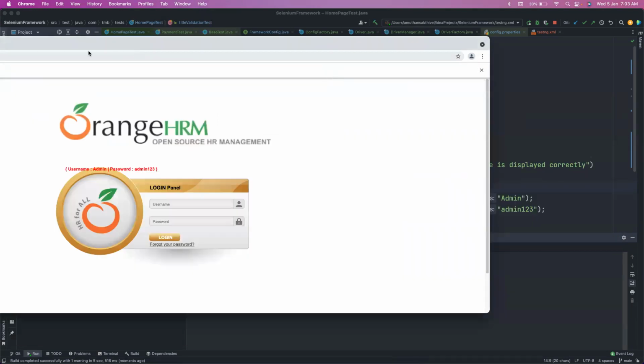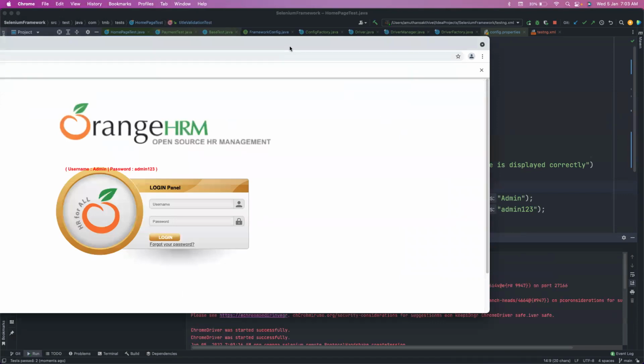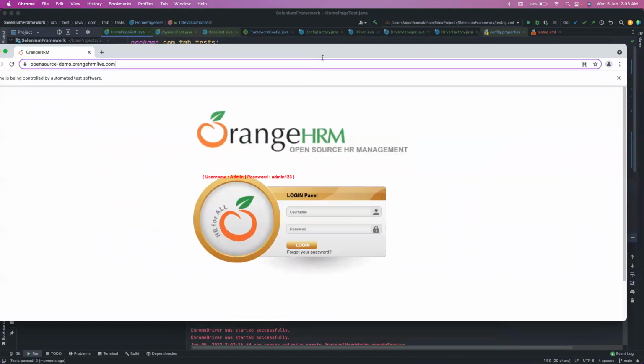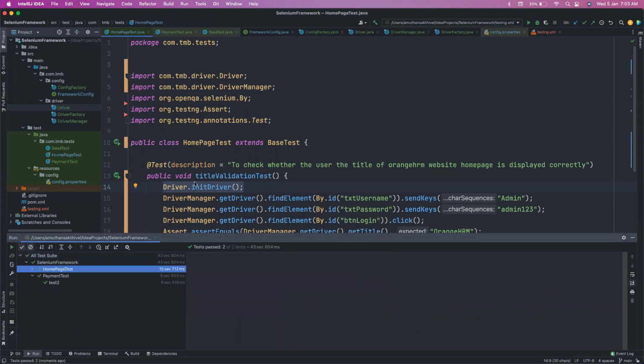If you notice, it is also opening one more browser here. There is one browser that is left open. We are not sure what this is. So this is what is happening: for one of the tests, it is launching two browsers. Even though your tests are all passing, it launched one extra browser,